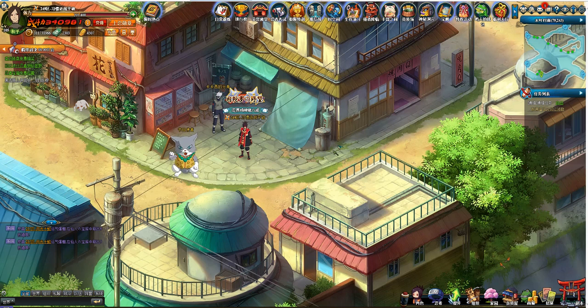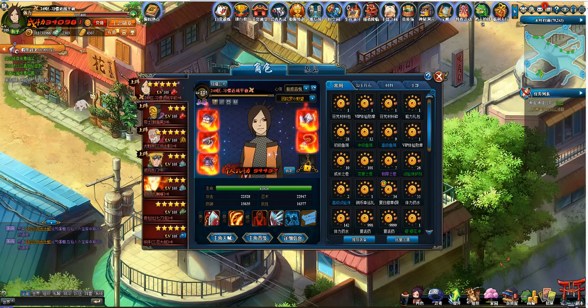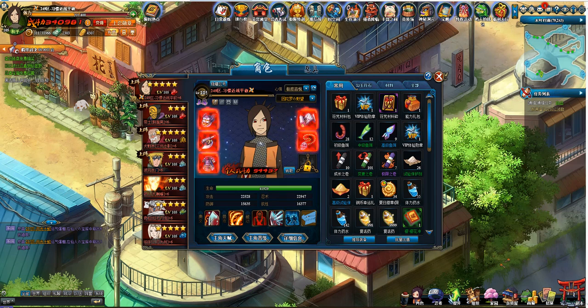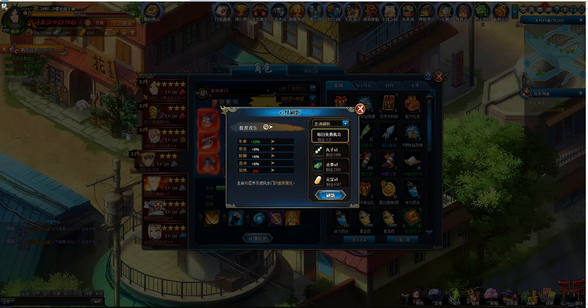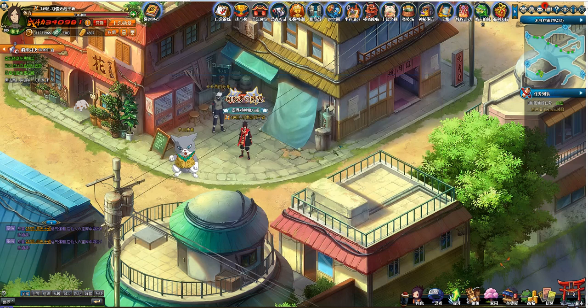But one thing I don't like in the American server is that you will need to spend a lot of money for this mode every single time. Every time you get a ninja, you will spend a lot of money to get his mode maximum. But here it's more or less free. And another thing is that